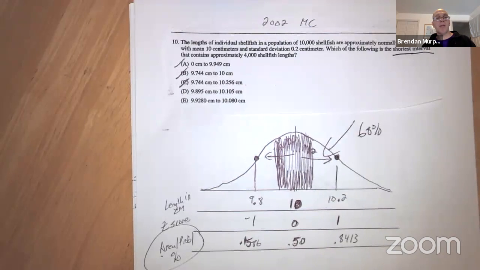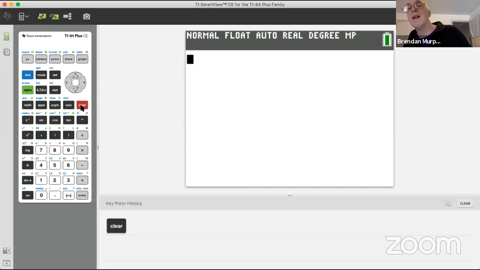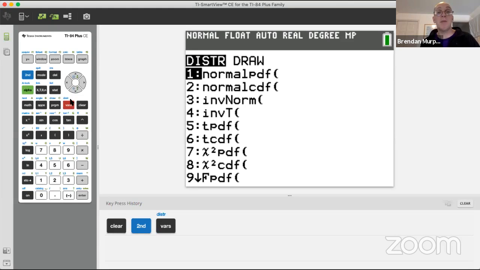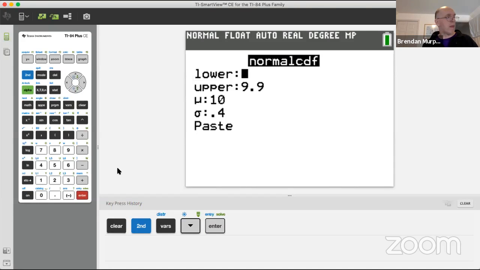Just because I've done this problem a number of times with my students, I think 3 of those 5 answers, if you were to type those into your calculator, would get you 40%. So 40% is really not the most important thing here. It's the smallest interval. So I want to go down to normal CDF, normal cumulative distribution function. And I want to start at